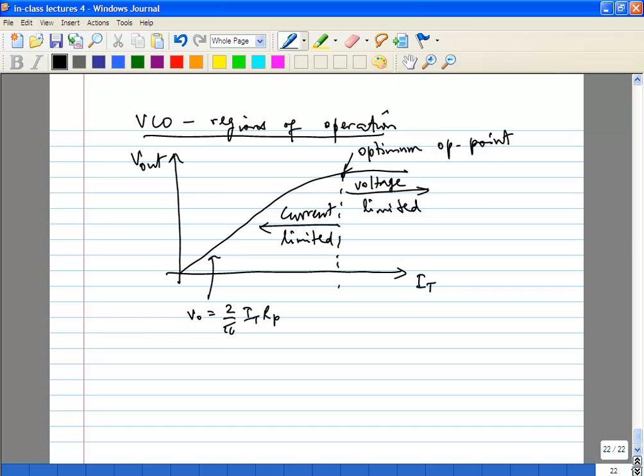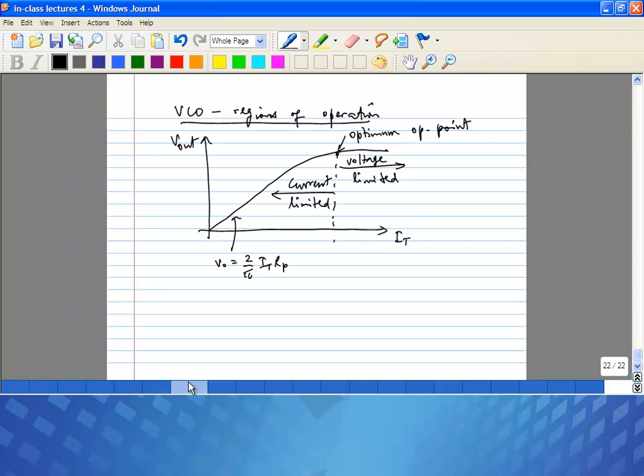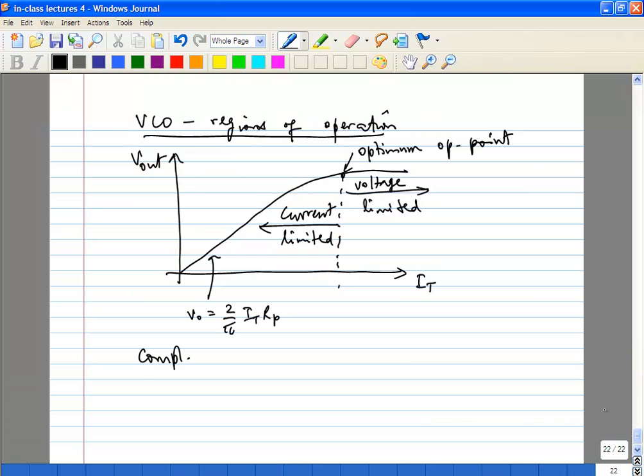This is your optimum operating point. Okay. So now you can also choose your complementary, because you know that it's actually going to have a higher slope. But just remember, your complementary looks something like this. It's going to look something like this, but remember that in